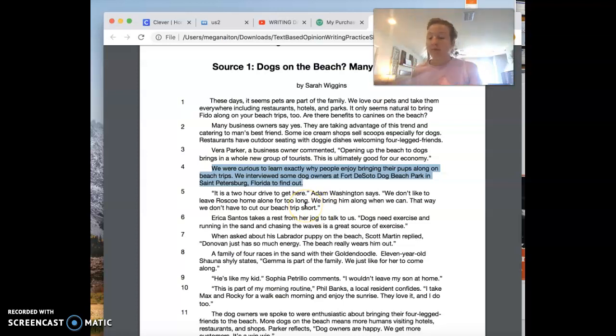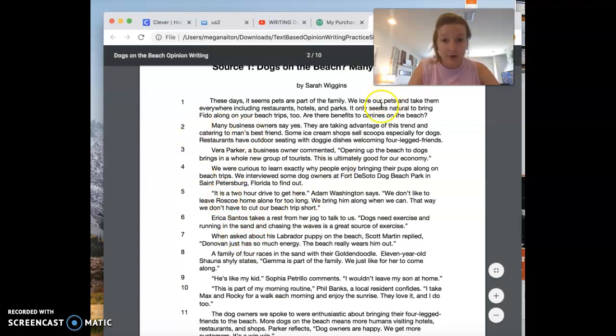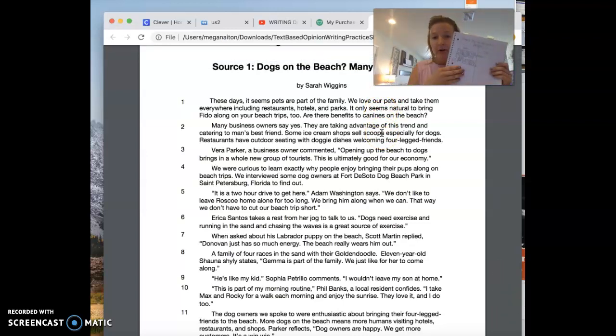So your job this week, you have the entire week to do it. You are going to read only source number 1, and if you have a printer, you can print it out, and you can code the text like we normally do in class. Remember, this is not new. Or you may make a T-chart like I did and put it on paper. Please take your time with this. When you are done, take a picture of it and you can send it back to me